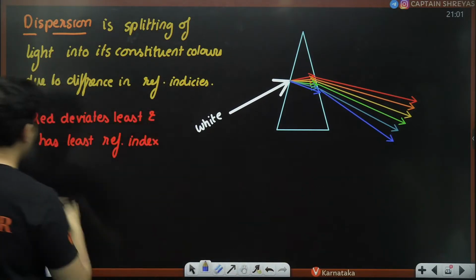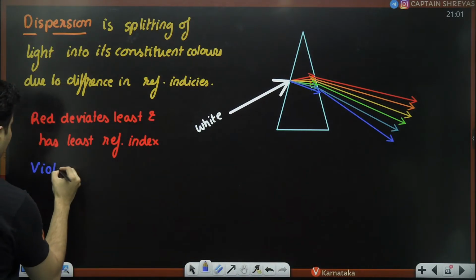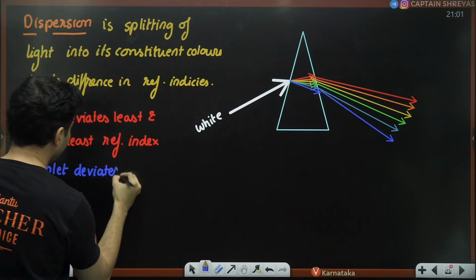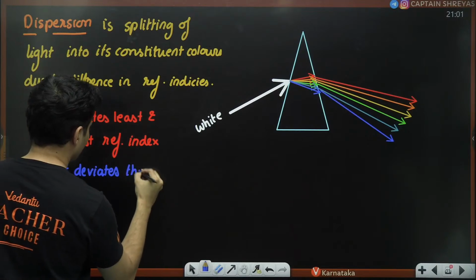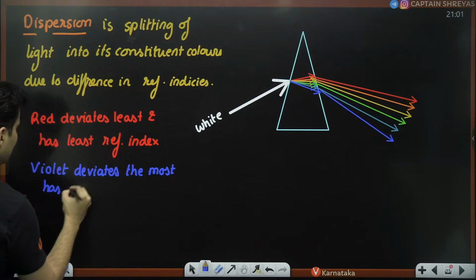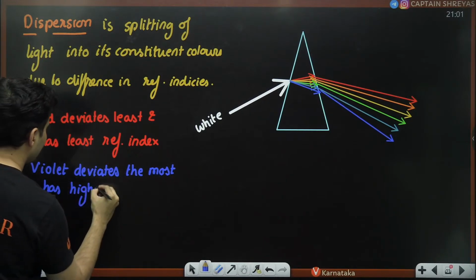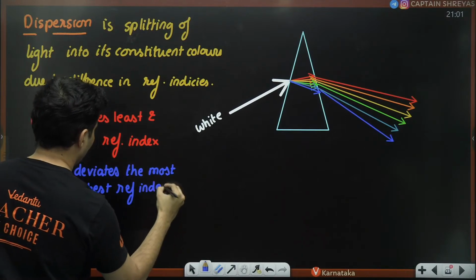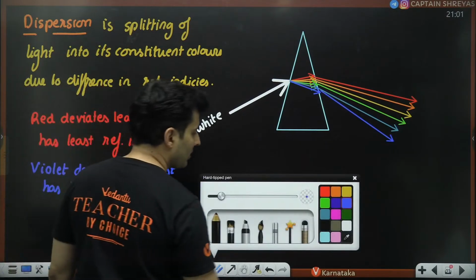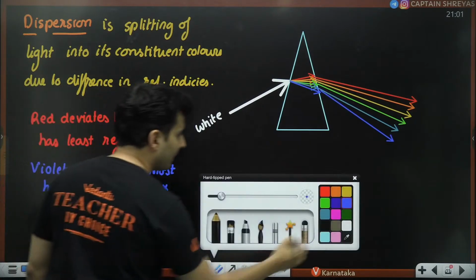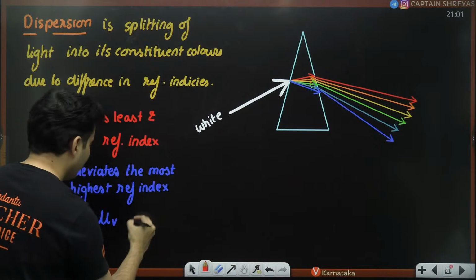Whereas violet deviates the most and has the highest refractive index. Also, one important thing, if you take the refractive index of violet color and you take the refractive index